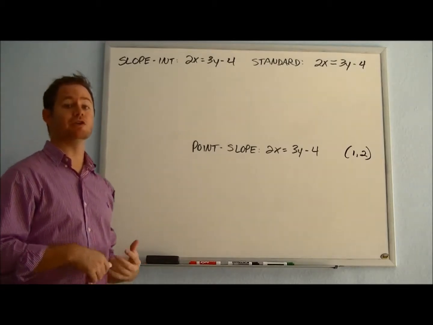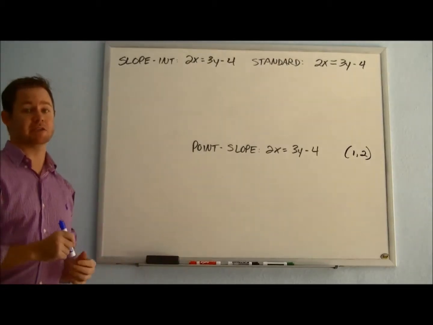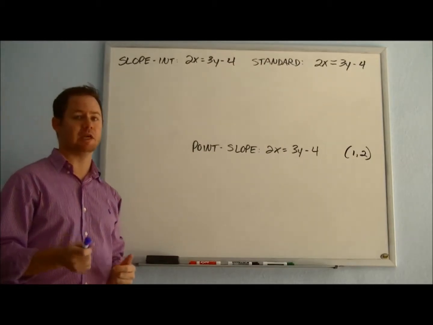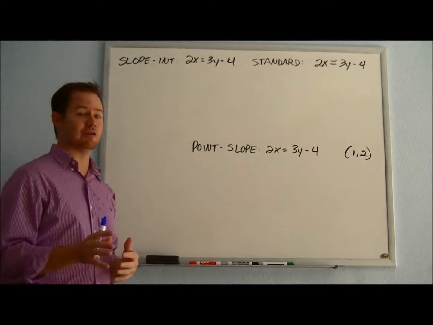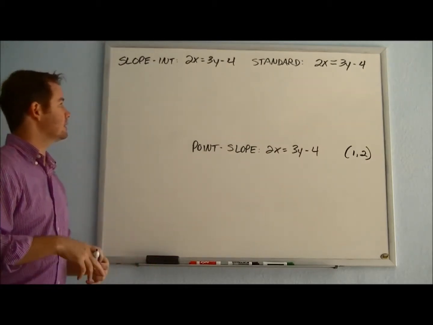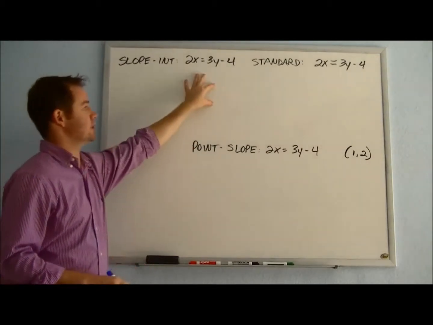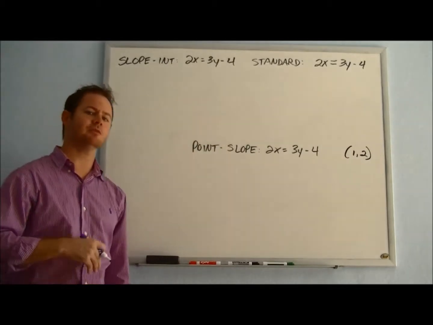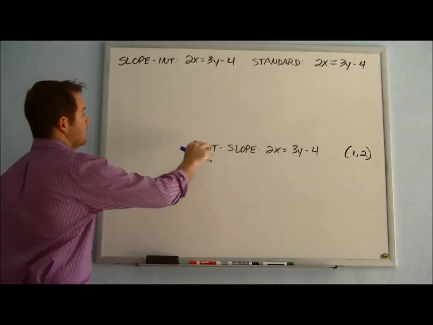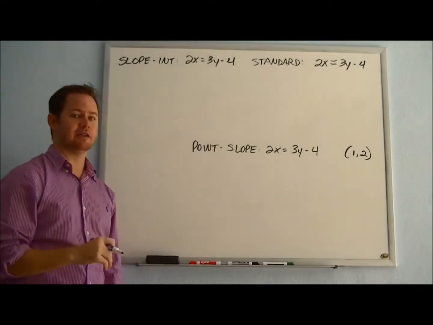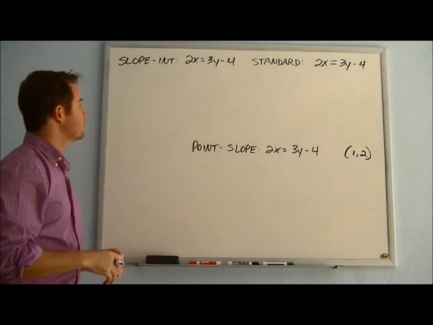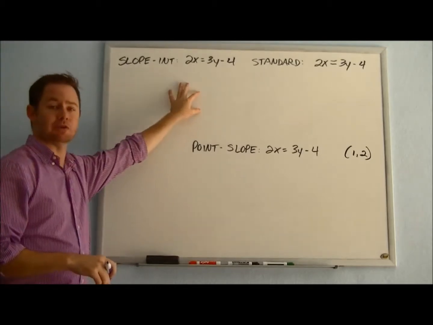Slope-intercept form, your general equation is y equals mx plus b. If you're not yet familiar with that, please watch our video on slope-intercept form so that you can familiarize yourself. But if you're already comfortable with that, let's take a look at how we can rearrange this equation to solve for y. So my first recommendation would be, let's just write this in reverse so that we have y on the left side. That's going to be a little bit more similar to the way that we see slope-intercept form